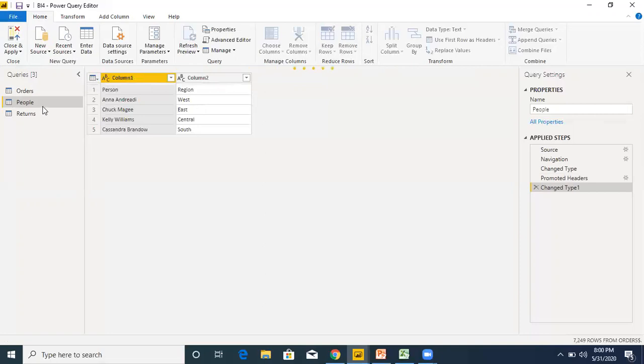And the same thing we have to do with the returns query. So now the names of the columns are person and region. Similarly, we'll do for returns also.